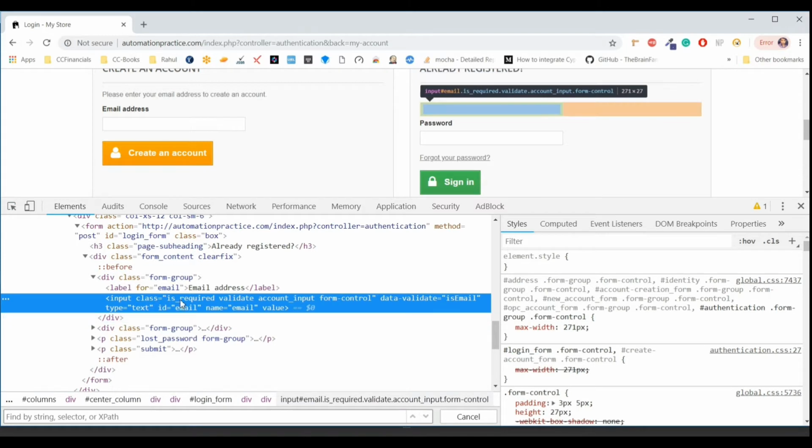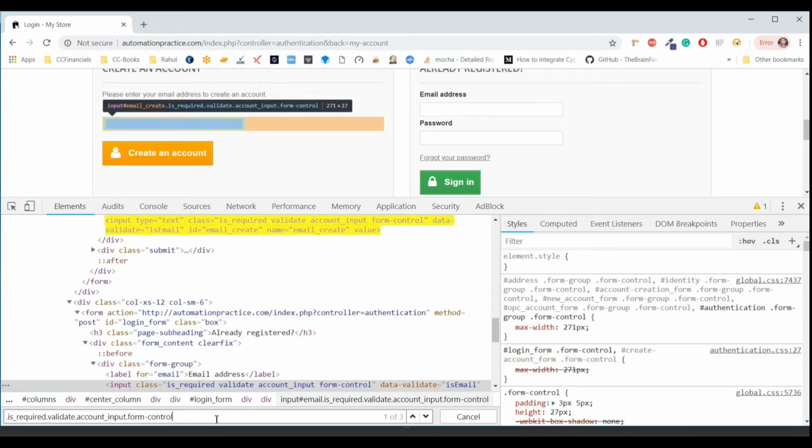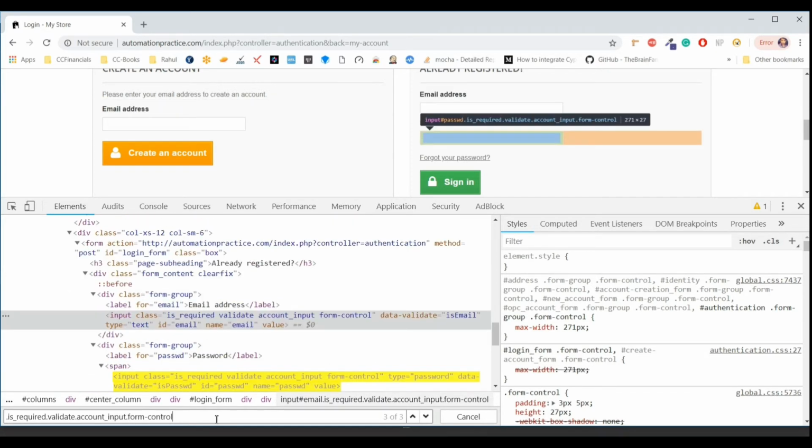Now I'll try to show you how we can locate other elements as well. Okay, so now if I try to locate this class using the method which I showed you, now you have to remove all the spaces or replace them with dot. Okay, so I'm removing all the spaces. You can see we are getting 3 classes.